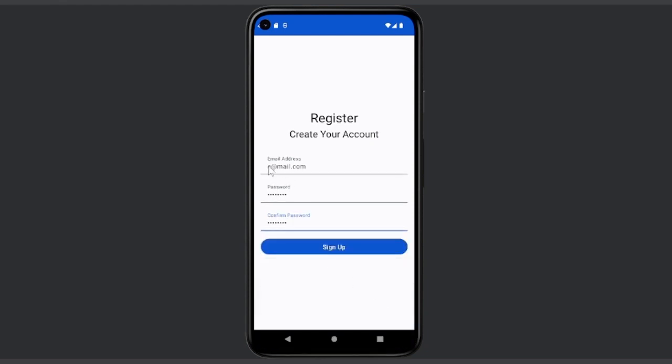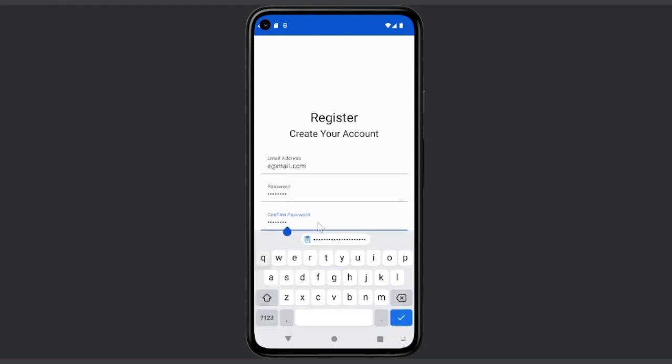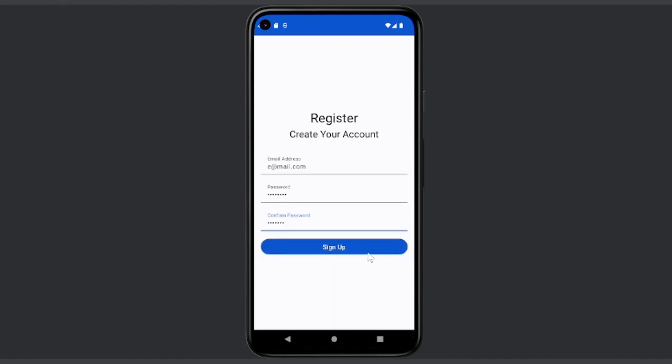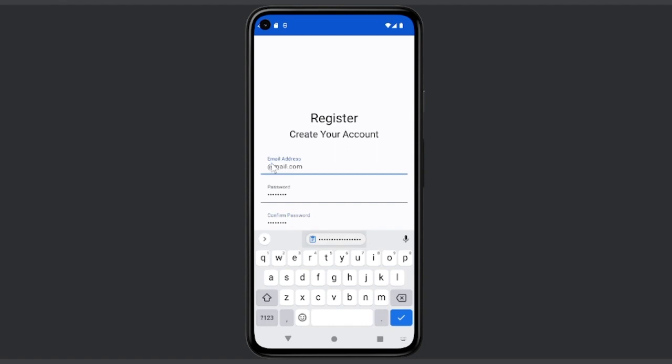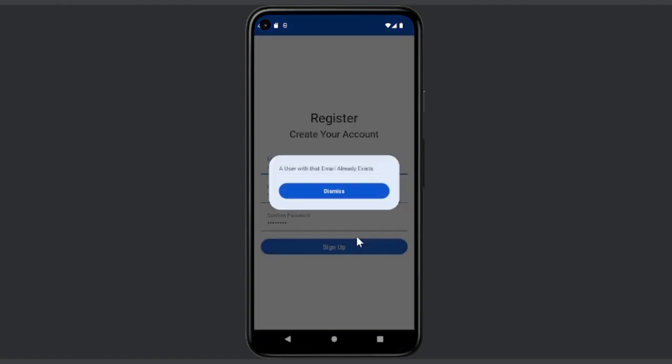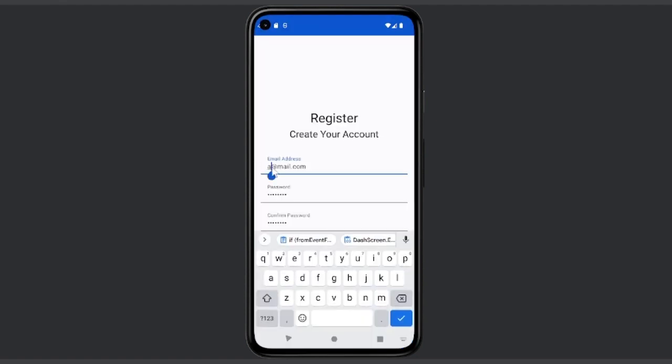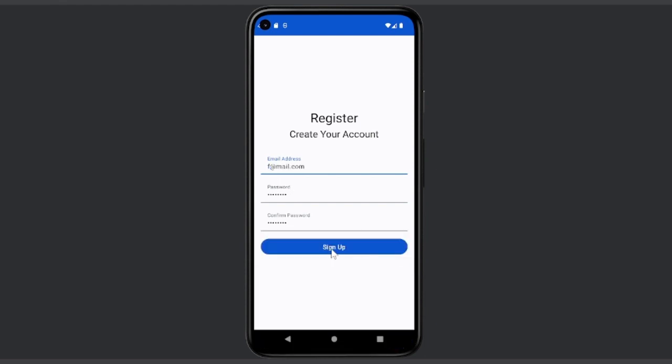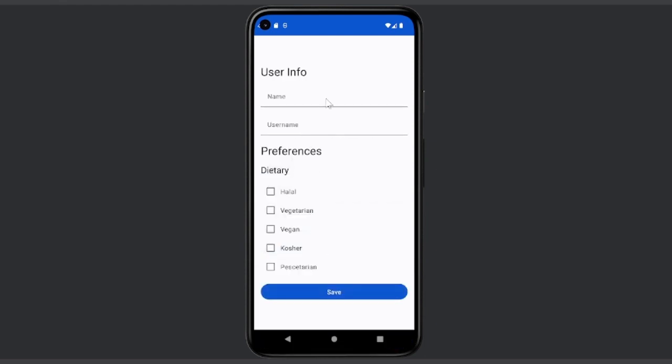Profile creation will be validated. The username cannot be the same as another user's, nor can the email, and the two passwords must match and be over 6 characters long. Now, entering a unique username and password and clicking on sign up will enable us to continue on with profile